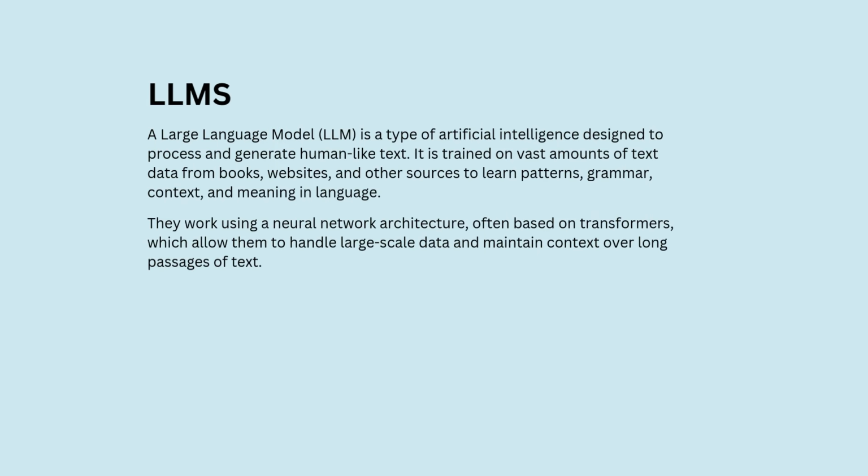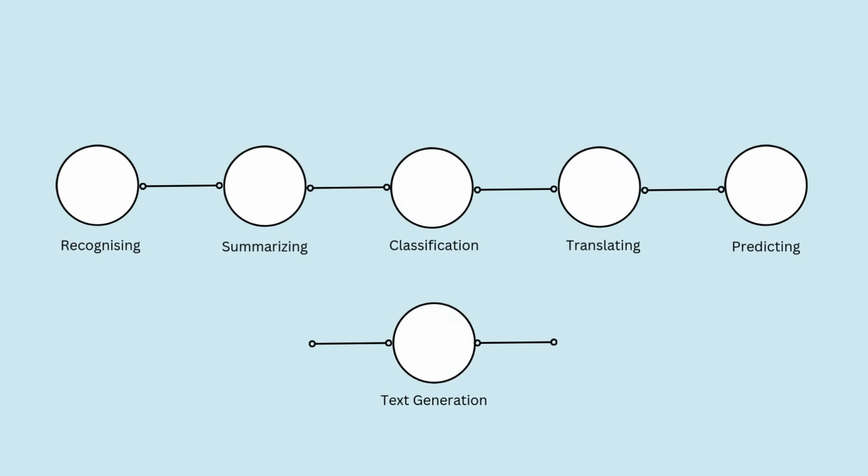A large language model, LLM, is a type of artificial intelligence designed to process and generate human-like text. It is trained on vast amounts of text data from books, websites, and other sources to learn patterns, grammar, context, and meaning in language. They work using a neural network architecture, often based on transformers, which allow them to handle large-scale data and maintain context over long passages of text, which enables them to recognize, summarize, classify, translate, predict, and